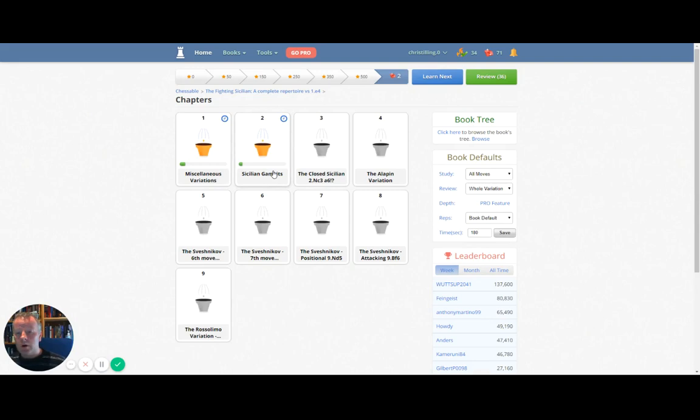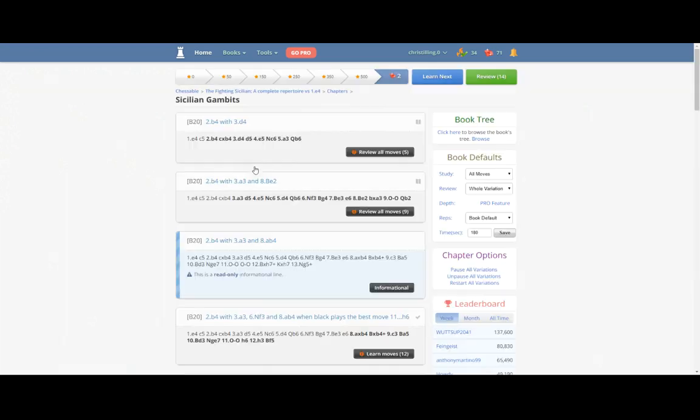He gives you repertoire for everything following 1.e4 c5. Everything following that. So miscellaneous second moves and the gambits and the Alapin variation and so on. But it's based on the Sveshnikov variation, which is a really aggressive grab at space in the middle that leads to double-edged positions. So a little bit of theory will go a long way there. And also a lot of fun, simply. But if I were just to click on the Sicilian gambits here, this will give you an idea of how it works.